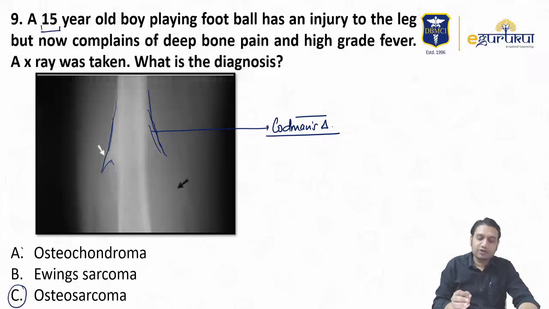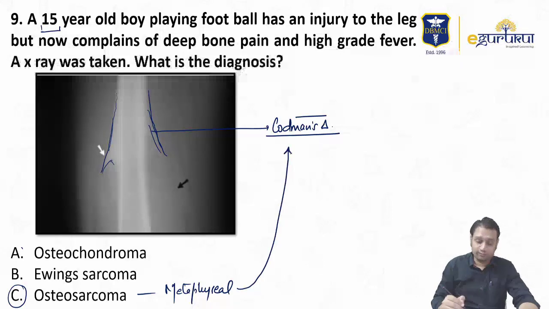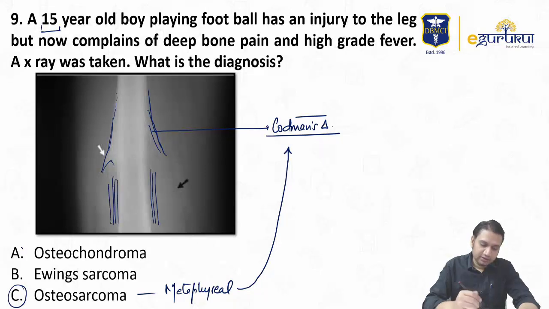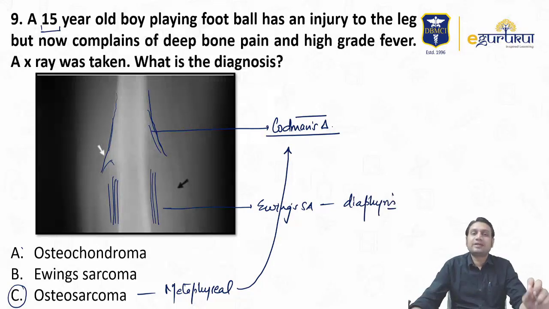But the point is, osteosarcoma is again a metaphyseal tumor, and here the bone has not been shown to you completely. So if I go with the feature, it goes in favor of osteosarcoma. If the tumor would have been shown with multiple lines around the lesion, then it would have been Ewing sarcoma, at the diaphysis. So Ewing sarcoma will be seen around the diaphysis. And I have already told you to please go through that image. In that one single image, I have tried to compile all the important points of all the tumors in whatsoever way they are asked in your exams.